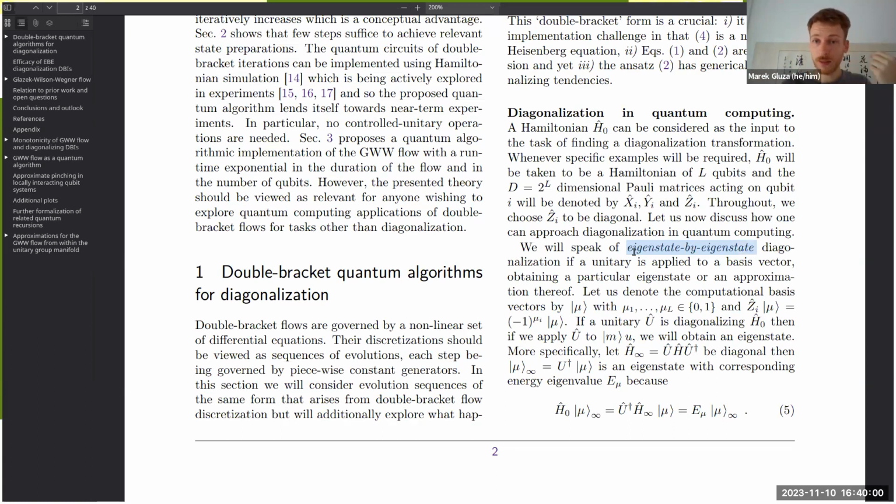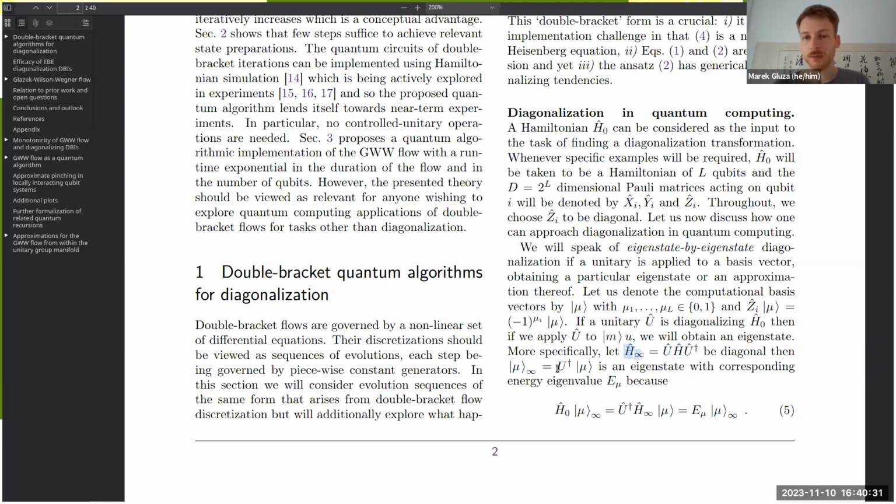And I will refer to this for now as eigenstate by eigenstate. So what dBis give us, if we collect those unitaries together and get some unitary U, is an approximation to the exact diagonalization unitary. So if my input Hamiltonian H is rotated by this exact unitary, I get some H infinity, which is